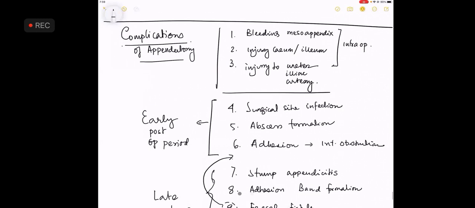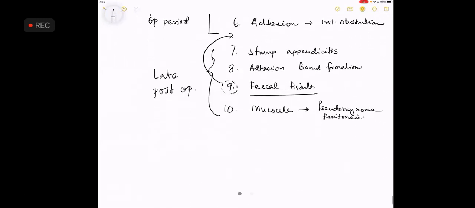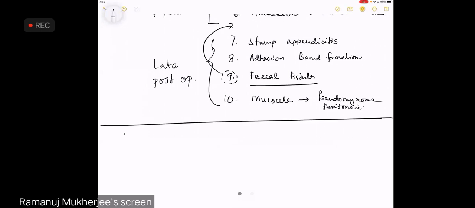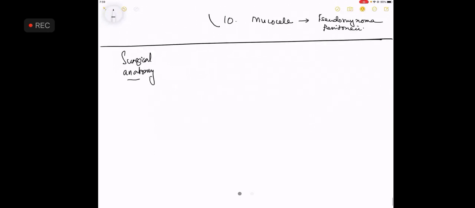Done, sir. So this is a short note. Come, 10 complications of appendicectomy, not appendicitis. Appendicectomy ke 10 complications. Few words on the surgical anatomy, because this is a common one. The first one has been taught in theory, but we will again revise them. What are the positions of the appendix? Now, in MBBS, you are required